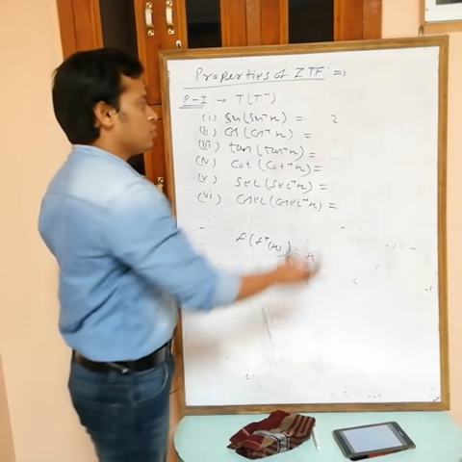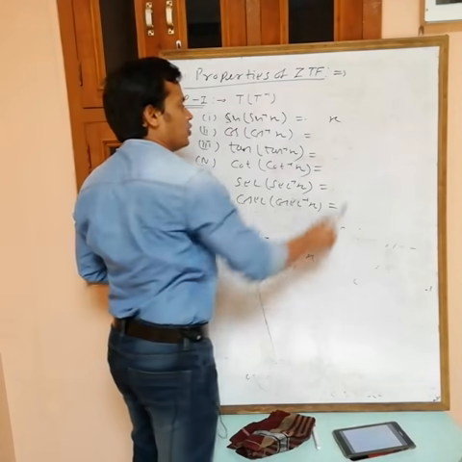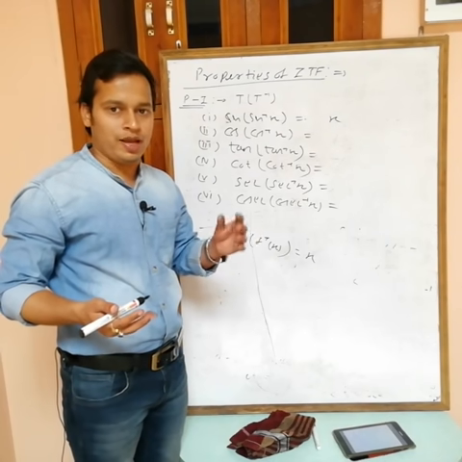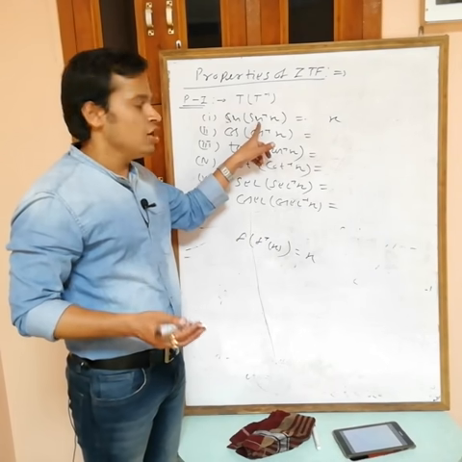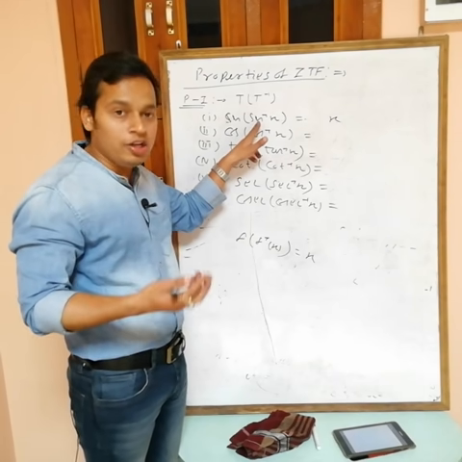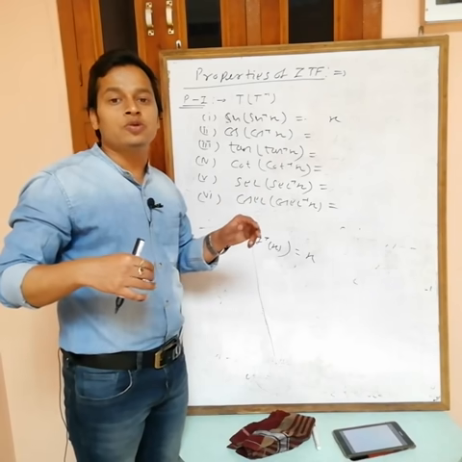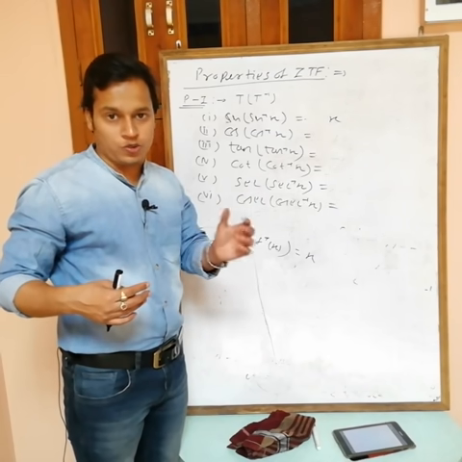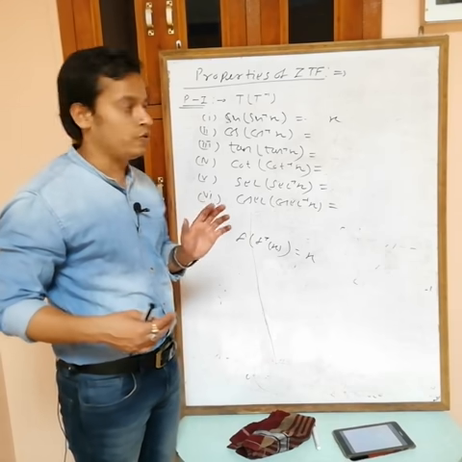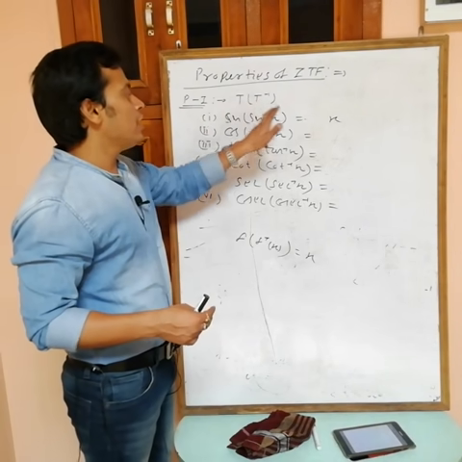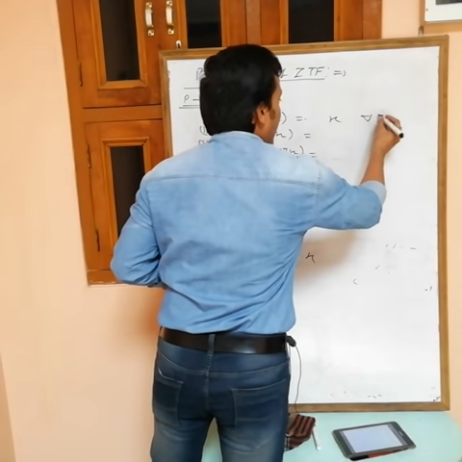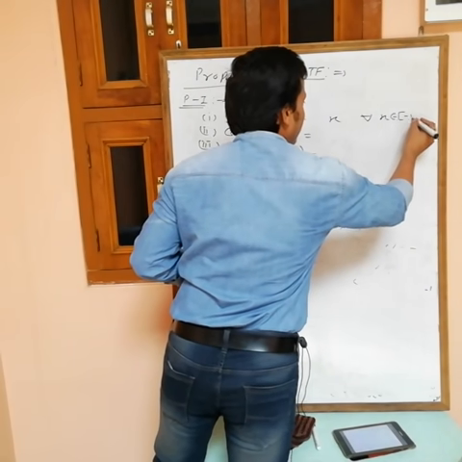So this x must be from -1 to +1. And I also have another condition, which is also the same, minus 1 to plus 1, because of the domain of sine inverse. Now you can't put any value of x such that sine inverse is not defined, and sine inverse is defined for minus 1 to plus 1. The domain of sine inverse is minus 1 to plus 1. So sine of sine inverse x is equal to x for all x belongs to minus 1 to plus 1.